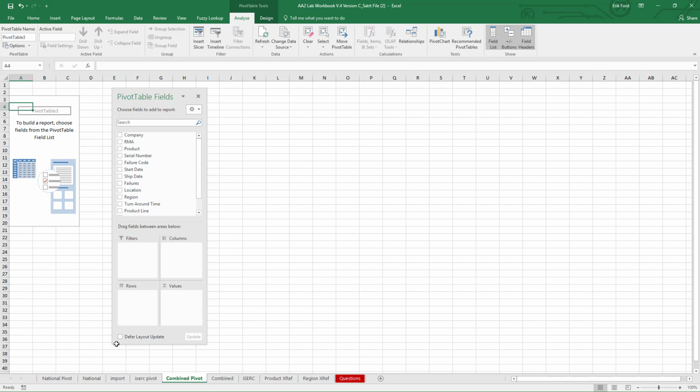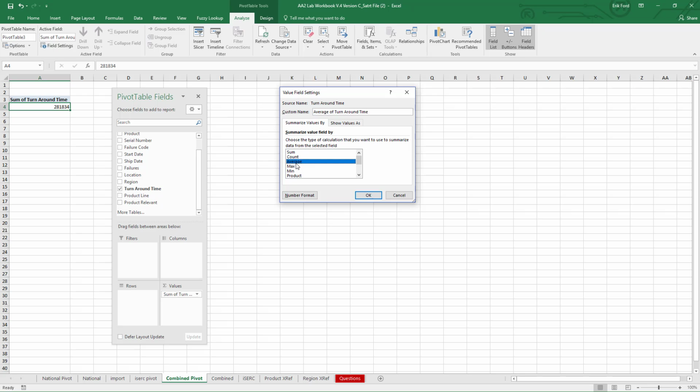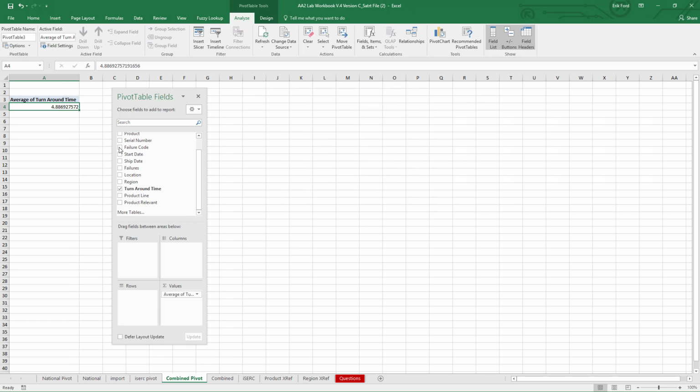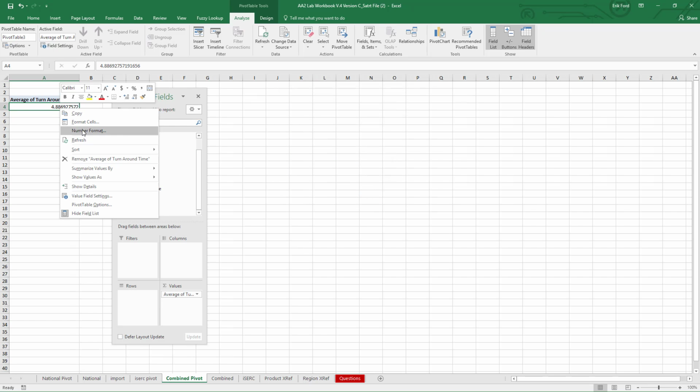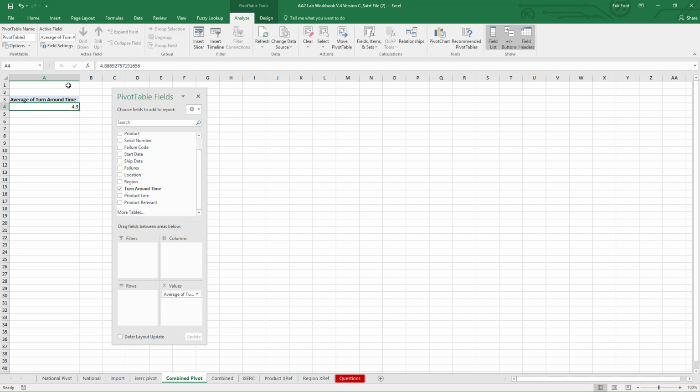Okay, so instead of doing our sum of failures, what we're really interested in now is comparing turnaround times, right? So we're going to bring the turnaround time down here. I wouldn't want to sum this. I'm really interested in the average. So I'm going to go to Value Field Settings and take this to Average. Then I'm going to right-click, Number Format, and bring this down to 1 decimal place. There we go. The average turnaround time of the entire data set is 4.9, but we're asked about barcode